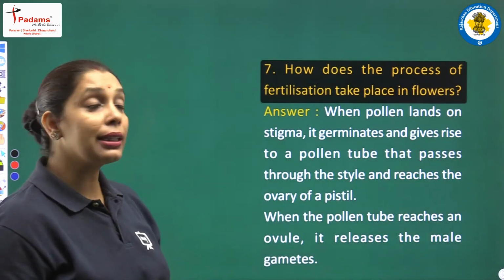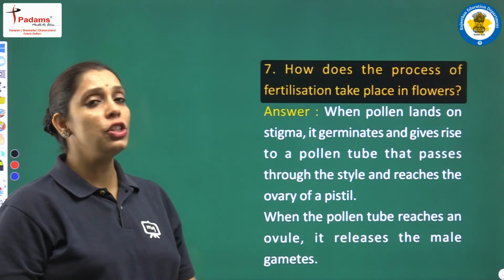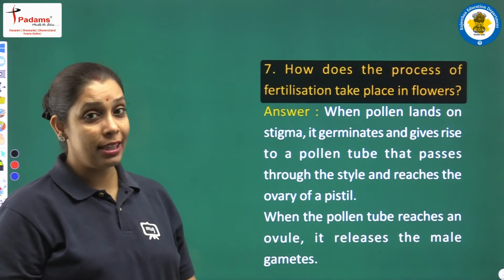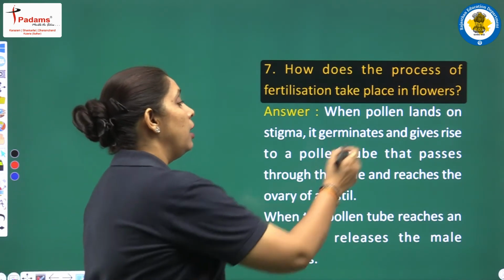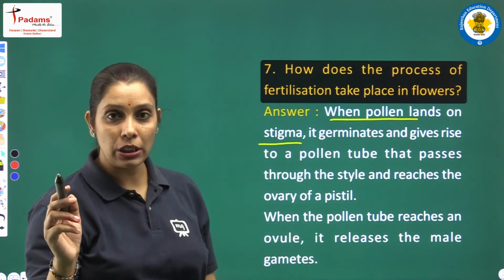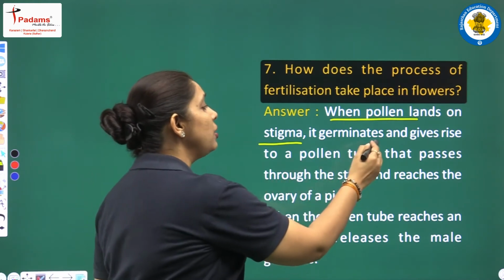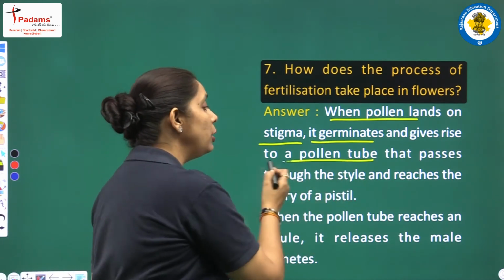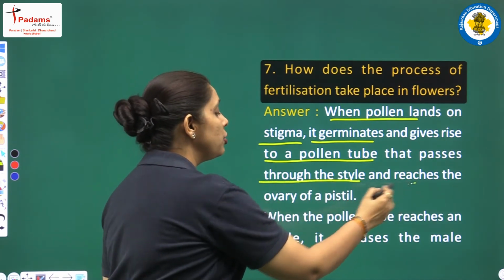Move to the next question class, and next question is how does the process of fertilization take place in flowers? It is very easy and interesting one. Students, here we will write, when the pollen grains land on the stigma, ठीक है, stigma female part, pollen grains belong to male part. Fine. It germinates and gives rise to a pollen tube that passes through the style and reaches the ovary